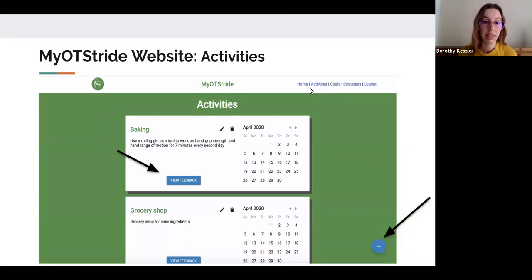This is the activities page for the therapist. So the therapist is able to input sub-goals or homework activities that will help the client reach the overarching goals. This can be done by clicking the blue button in the bottom right-hand corner. The therapist can input the activity, a description of the activity, and the dates they want the client to complete the